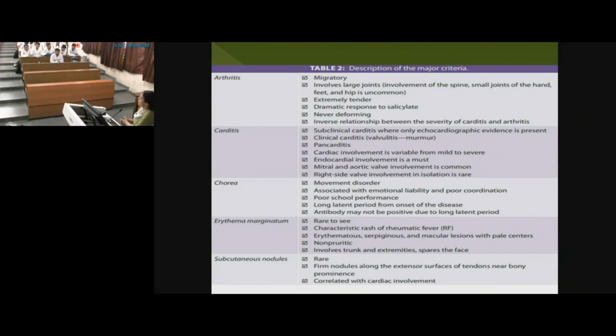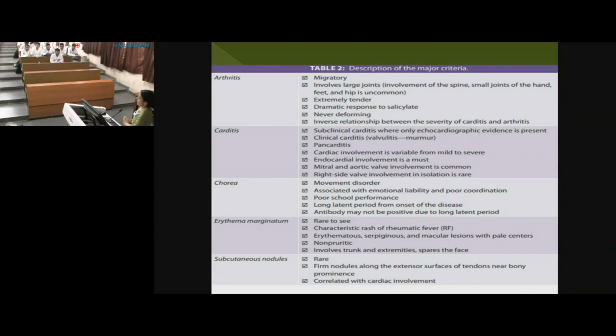And do they have signs of inflammation? Yes, exquisitely tender. The child will say, doctor, he is not even letting me keep clothes over it. If the child is a boy, he is not ready to wear a pant, because every time the pant touches his limb, he cries. It's so painful. Absolutely all the signs of inflammation, rubor, tumor, dolor, meaning red, hot, inflamed, tender joint, right?